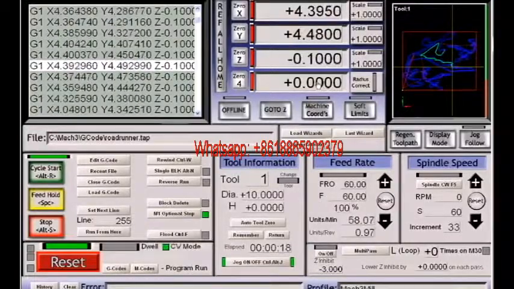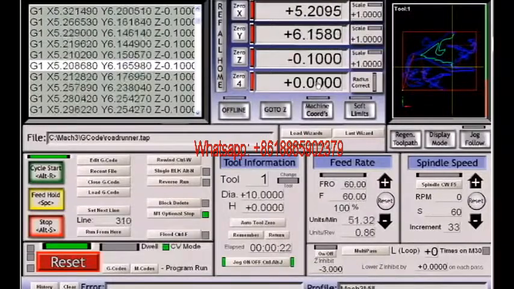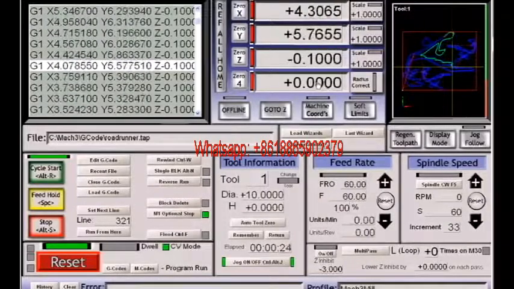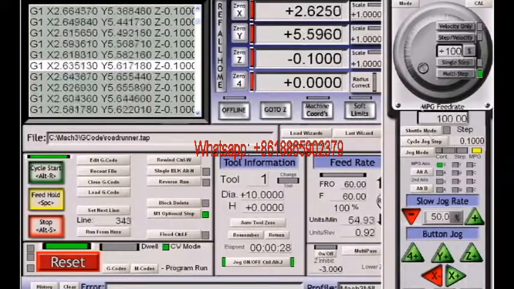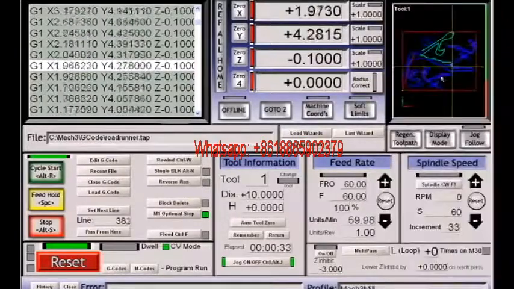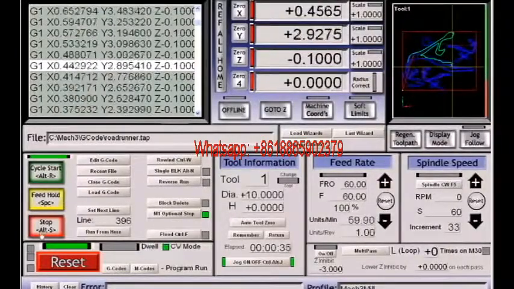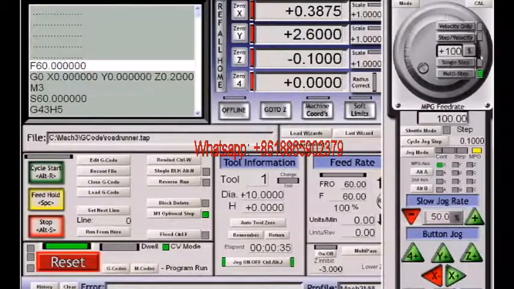This is a very handy mode for those who are nervous and want to run a program very slowly and a little bit at a time. And that's what shuttle mode does. Once I turn off shuttle mode, you can see the program begins to run automatically and will finish itself out unless I tell it to stop. That's about it for the buttons that are on the